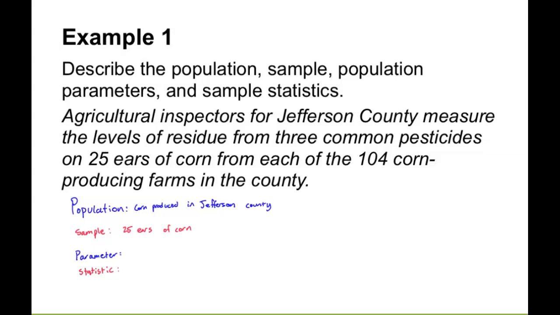Whatever the units of your sample are, your population is going to have the same units. So if we're talking about corn in our sample, the population is going to be corn. Then you just have to narrow down how much corn they're interested in. Every ear of corn in the world? No, probably not, right? They're not studying pesticides on corn in Jefferson County to draw conclusions about corn being grown in China. They're just interested in the corn being produced in Jefferson County. Does that make sense?